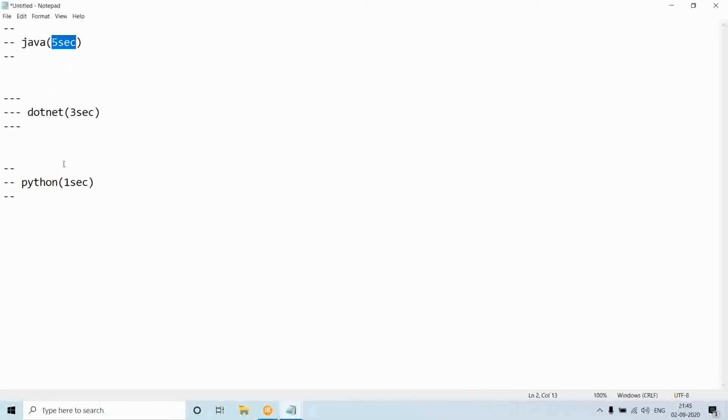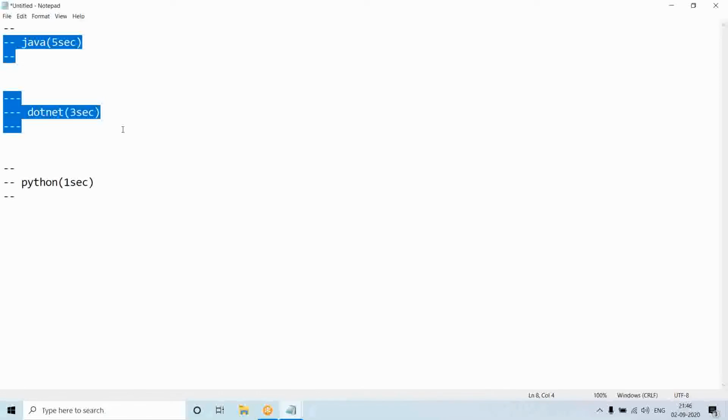The same logic written in Python is taking just 1 second. That means the code written in Python gets executed in a much faster manner, and can produce results faster compared to code written in most other technologies.